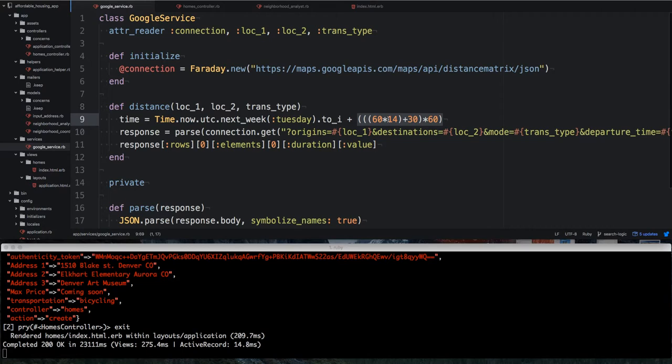Oh wait, no, this is 14. Maybe this is 2 in the afternoon. 60 times 14 plus 30. This might be 2:30 in the afternoon. I'm not 100% on this, but it's a certain